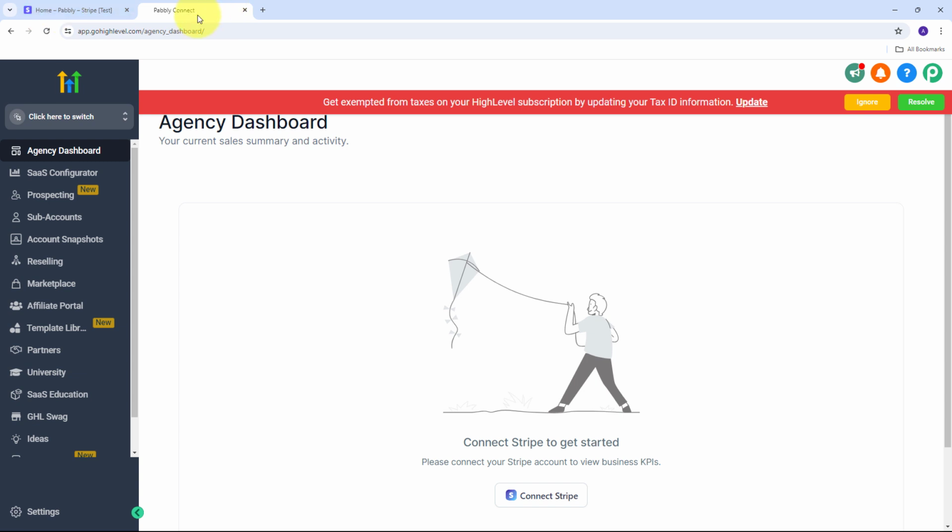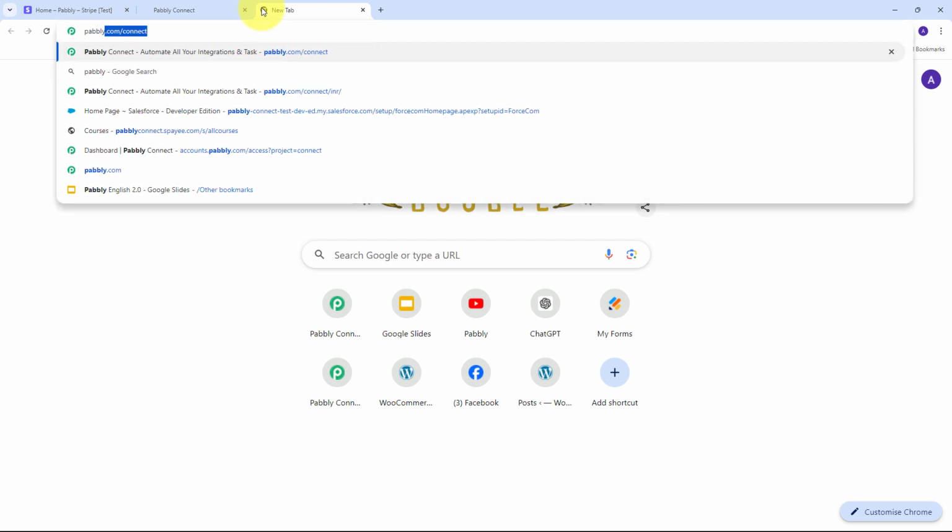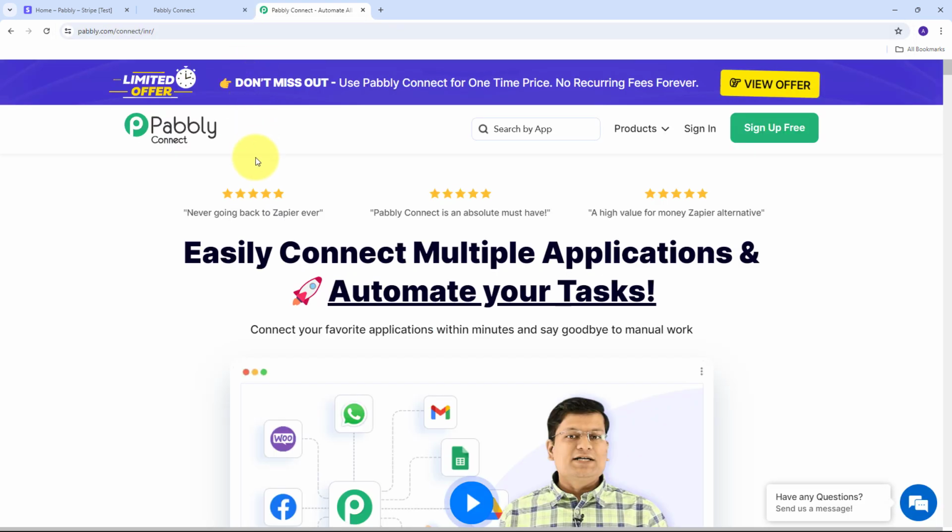For creating this integration and connection without any coding or programming skills, I'm going to use Pabbly Connect. For using Pabbly Connect, I need to open a new tab and search for pabbly.com/connect in my browser, and this will take us to the landing page of Pabbly Connect. Here on this landing page we have two options, sign in and sign up for free. If we don't have an account with Pabbly Connect, we can click on the sign up for free button, and this will take only 2 minutes of our time and we will get 100 tasks free every month. Or if we already have an account, we can just sign in